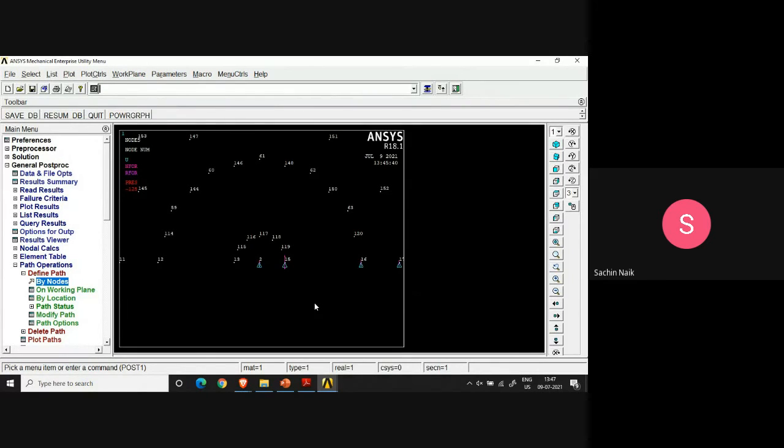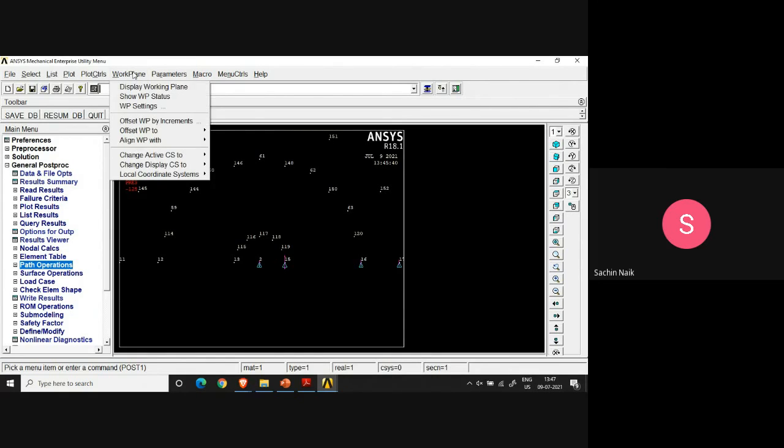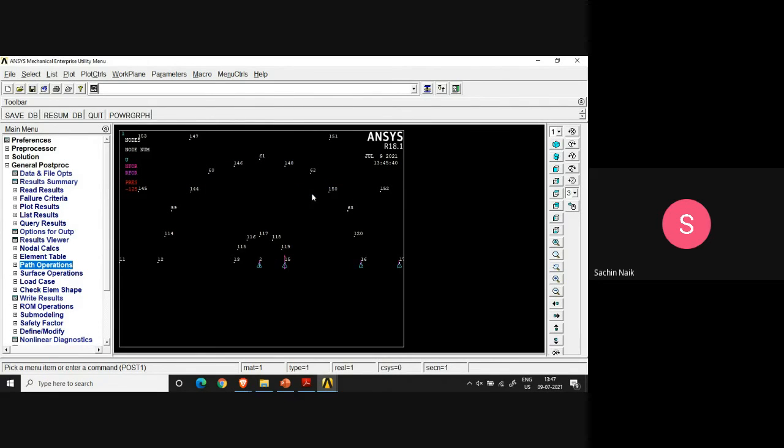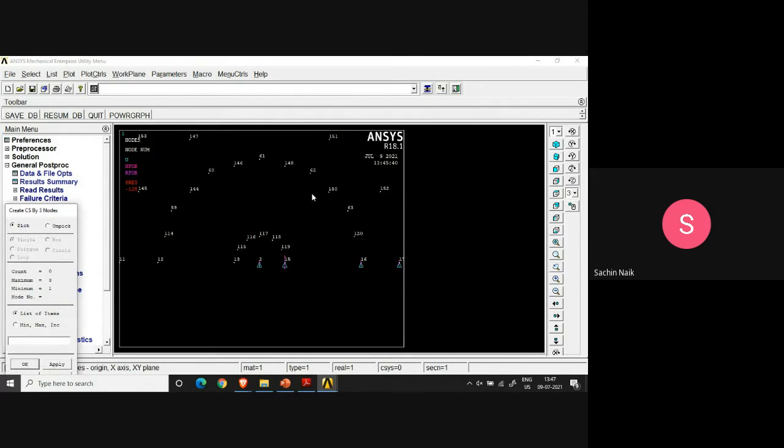Then you have to define the local crack tip coordinate system, okay, so that the calculations can be done with respect to it. So you go to the utility menu, okay, then go to work plane, local coordinate system. In the local coordinate system, you have to create the local coordinate system, and then you have to create it by say 3 nodes. Here it can be created by 3 nodes. So you have to define 3 nodes for that purpose.